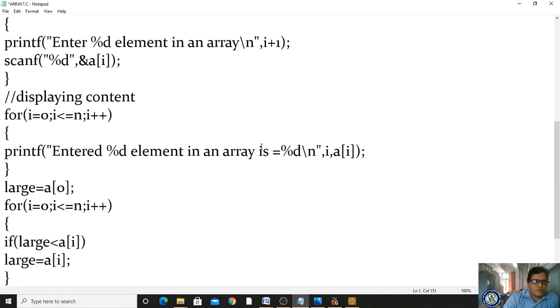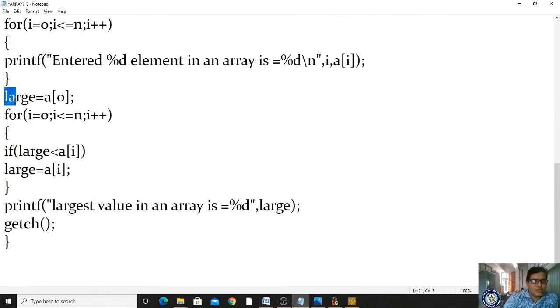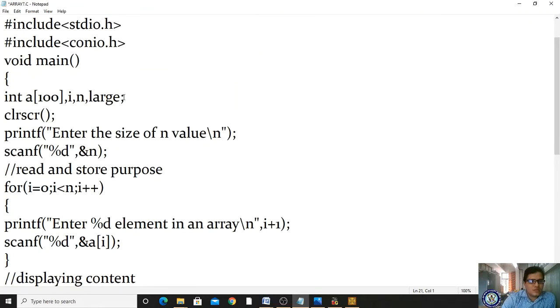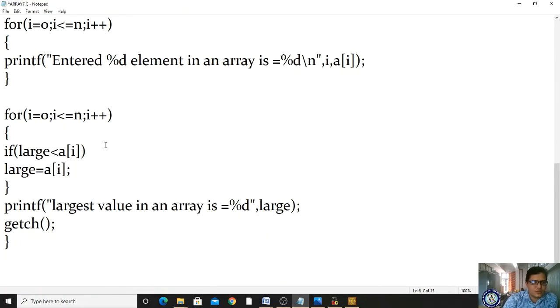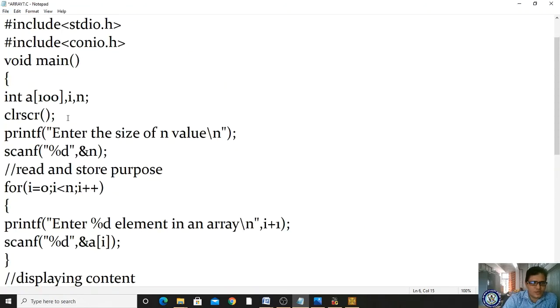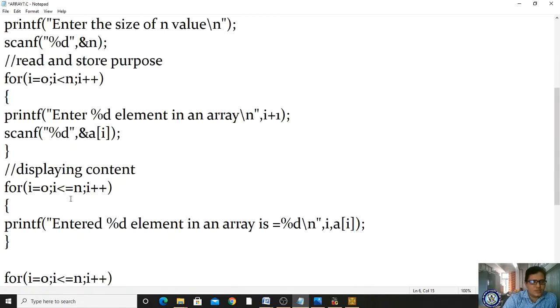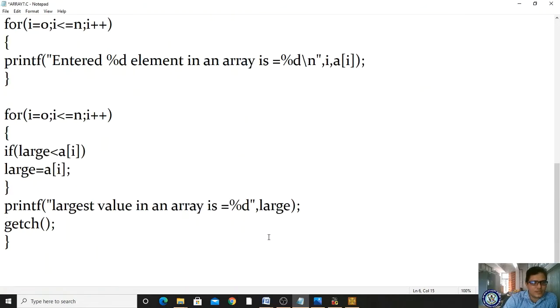For doing this, we don't need this variable, that much is enough. This for loop is for read and store, this for loop is for displaying the content, and this for loop is for processing.